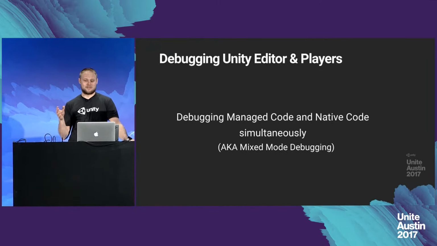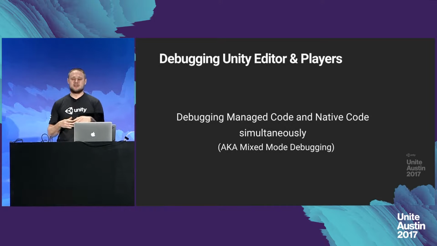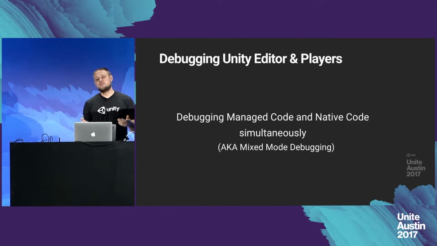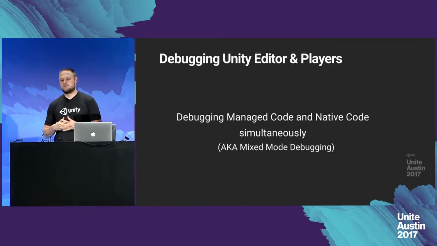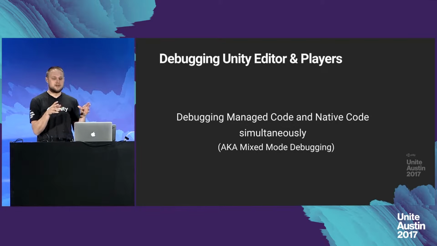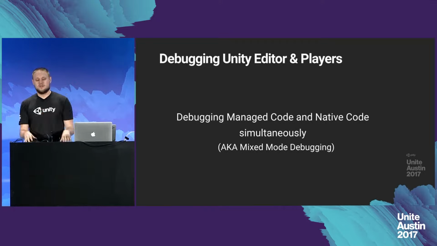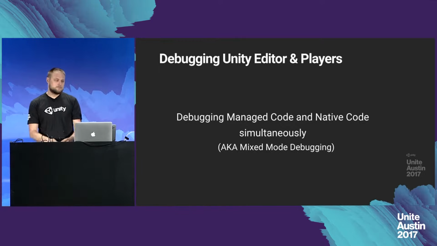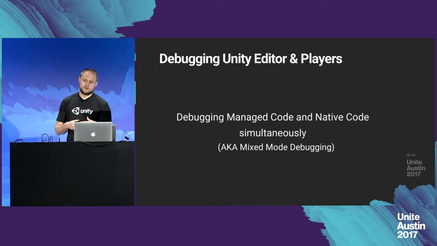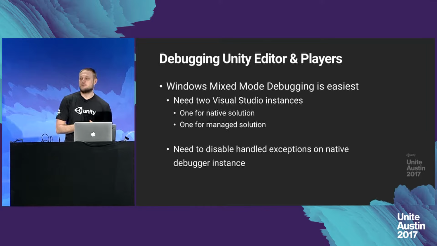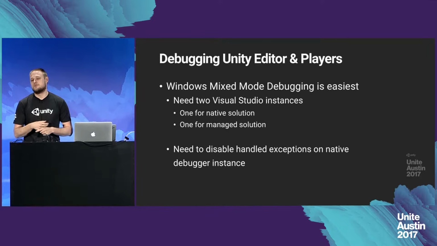The first hard thing about debugging Unity can be debugging managed code and native code at the same time. Typically you have a solution for the native runtime and or the editor. But then you also have managed code. You have managed code that Unity has written, or your own managed code that you've written in the player, and maybe you want to debug them at the same time. So let's get into that. On Windows, which is probably the easiest platform to do this on,